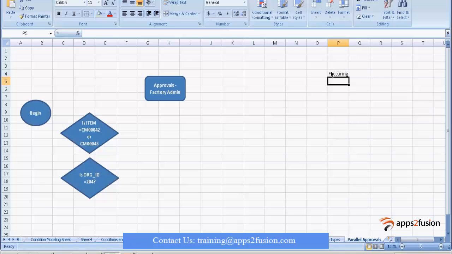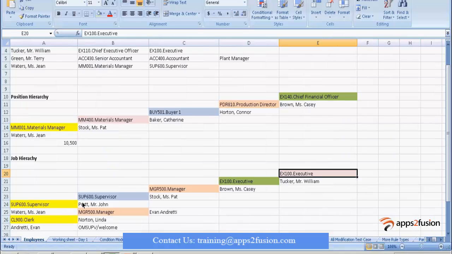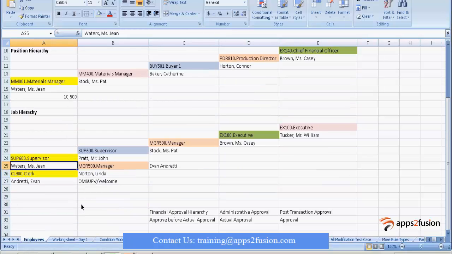We don't have any pre-list or post-list approval. There are three supervisors. Let me just copy the names as well. Three supervisors who can approve this